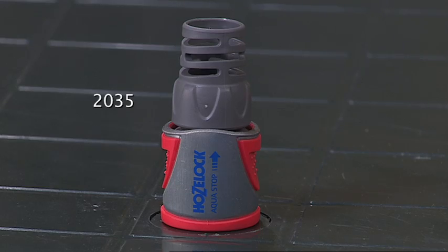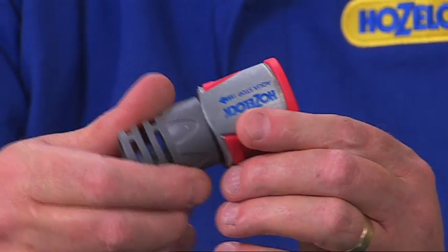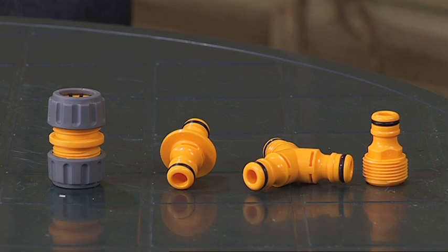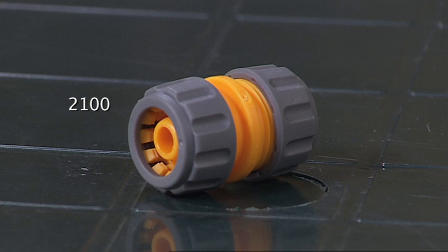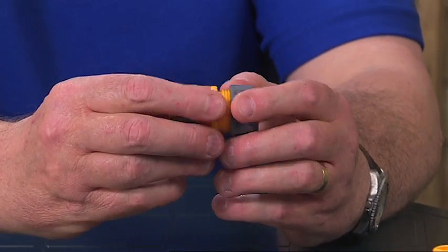And again, there is a metal version which is exactly the same, but it has a metal body which is a lot more durable and a lot more robust. The final set of connectors that I'm going to show you is connectors that join hoses together or join hoses to appliances. The first one is a double male connector, and that is used to join two pieces of hose